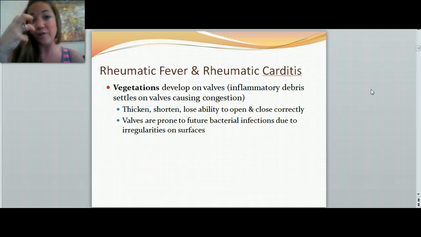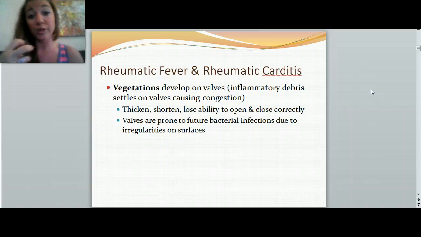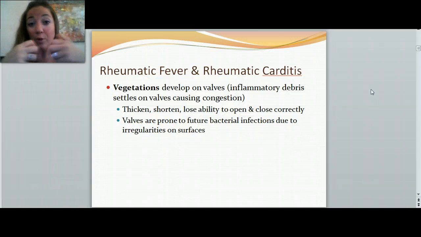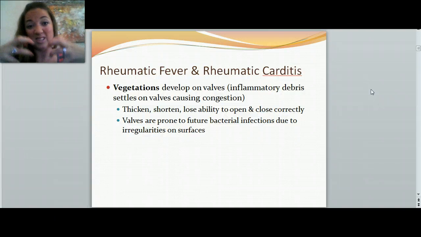So as it's growing, your valves start shortening and thickening and pulling away. The different cusps are supposed to meet together, okay? So a healthy valve looks like this, right? Healthy valve is flat, smooth, meets together in the middle. It opens and closes to release the blood flow through. Whenever vegetations grow, and it's just nasty congestion on it, okay, those valves thicken and they shorten and they don't close all the way. And that makes it hard for the blood to know when to flow through and when to stop. So the blood can flow back and forth a little bit too easily,